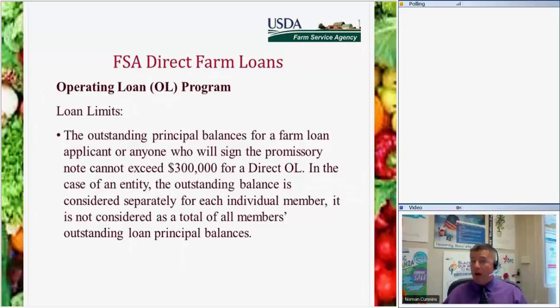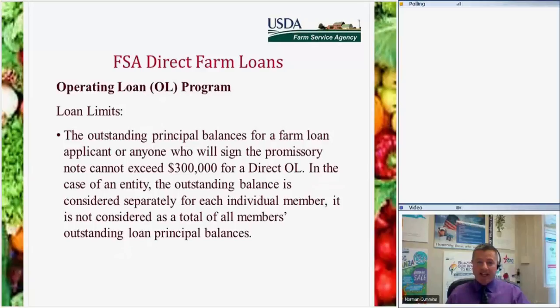Okay, does that disqualify you because you already have the $300,000 threshold for direct loans? I mean, for farm ownership? No, because you can actually get a $300,000 direct operating loan and a $300,000 farm ownership loan. And at the same time, you could still qualify for the $1.399 million through a guaranteed loan. So if you're at that point where you're a big enough farm that you're getting that kind of help, you can. I mean, the money's out there.